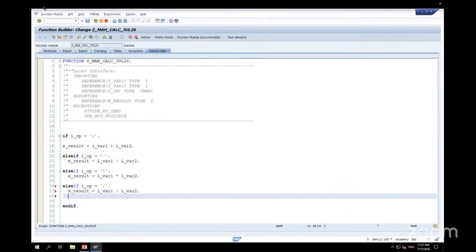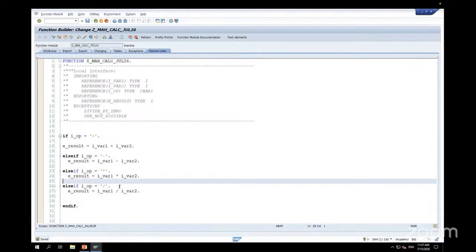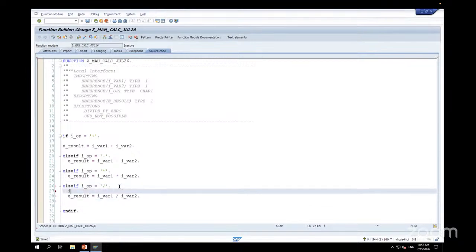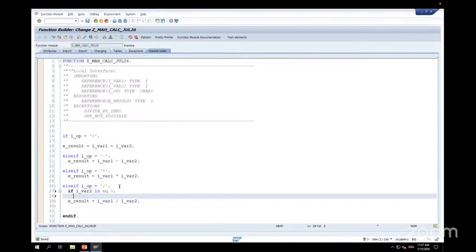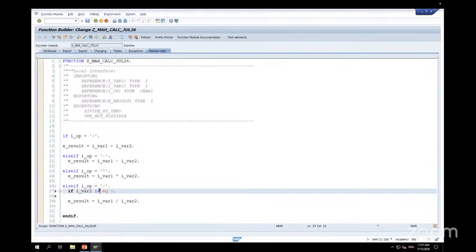Okay, save it here. If I_VAR2 is equal to 0,